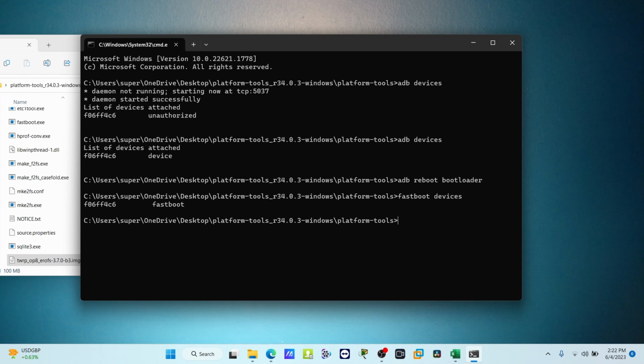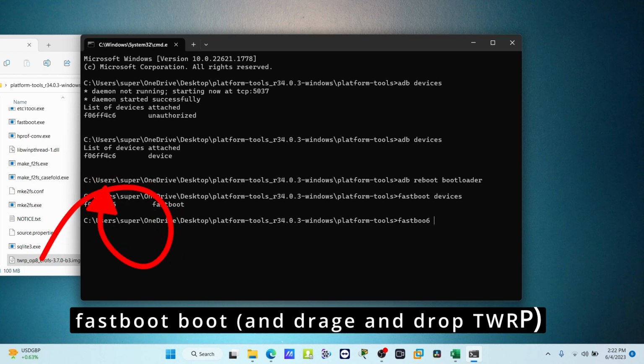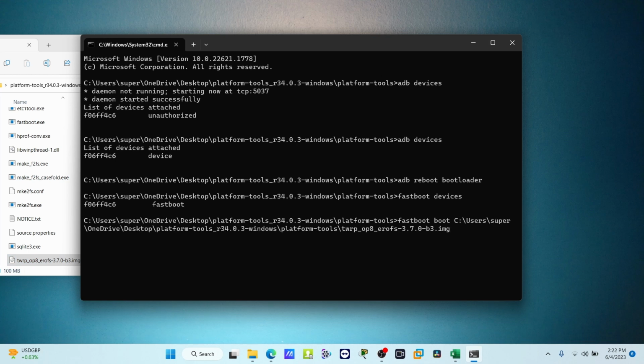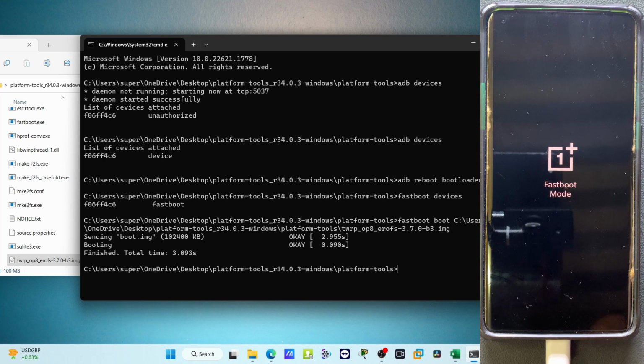To check that one, you have to type fastboot boot, and then drag this file to the command prompt. You can use your mouse to drag and drop, then hit enter. When you hit enter, it is sending the boot image to the device and it is booting through the TWRP. This is just for temporary purposes,